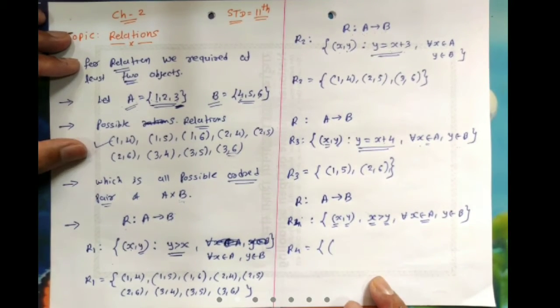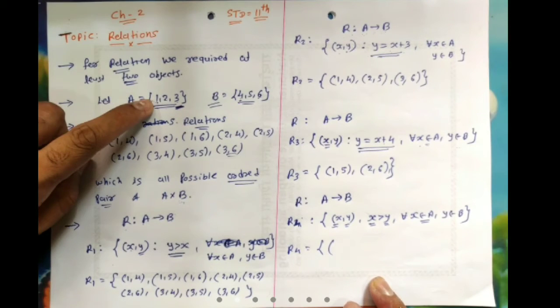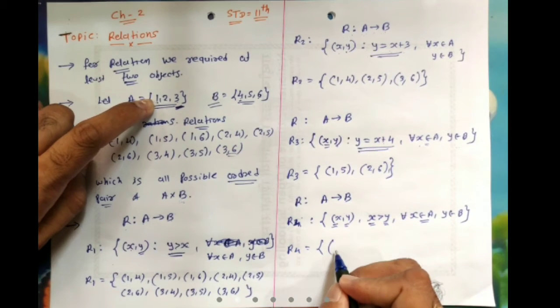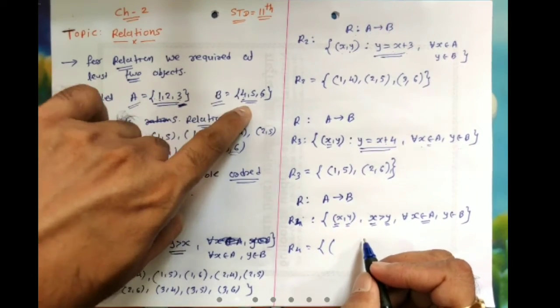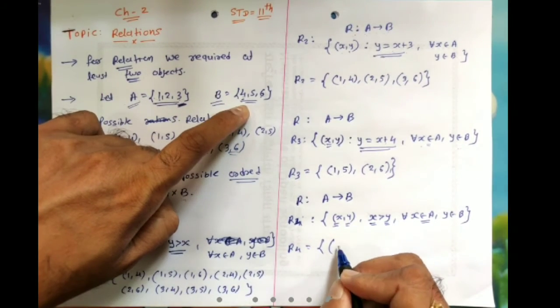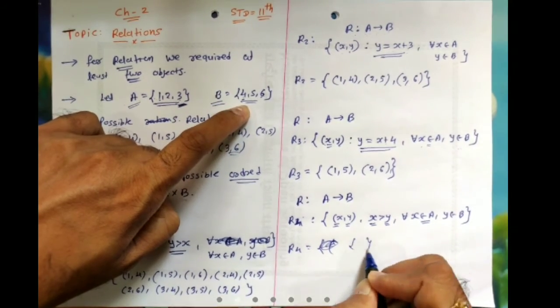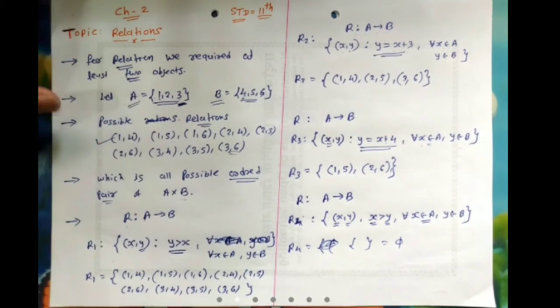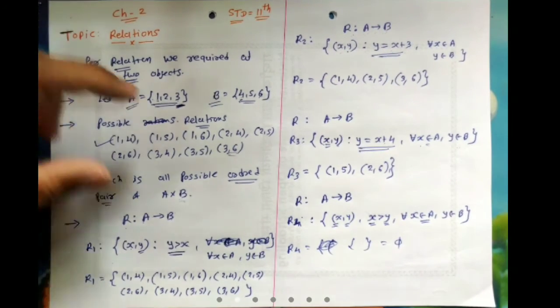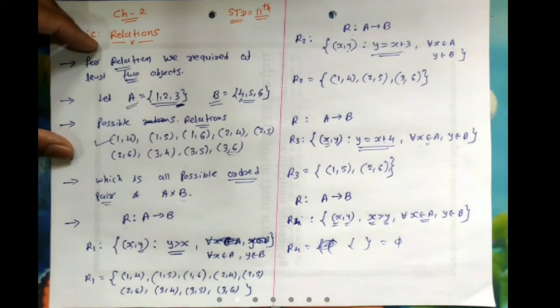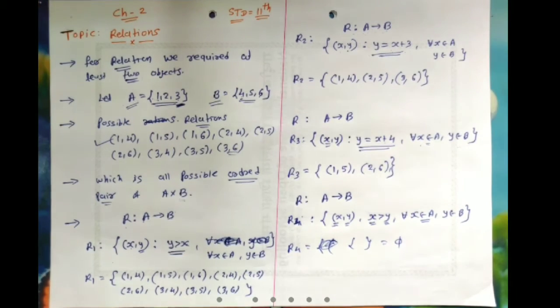First, X, Y से बड़ा होना चाहिए. Suppose if you are taking 1, so B के अंदर ऐसा कोई एलिमेंट है जो 1 से छोटा हो? No one is there, है ना. कुछ नहीं लिख सकते यहाँ पर, कुछ भी नहीं मिलेगा. So that relation is a null relation. So we are not finding any ordered pair which satisfies this relation. Clear? So this is the relation.